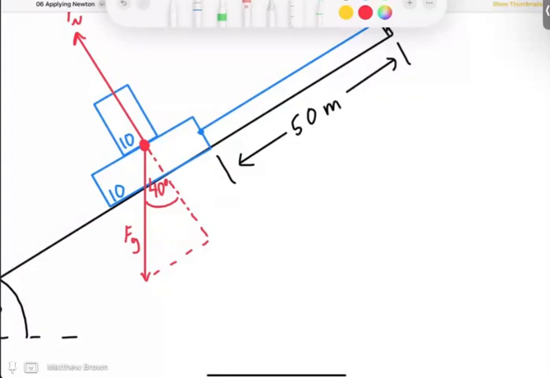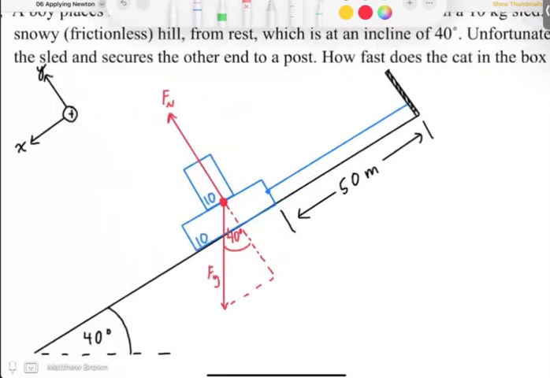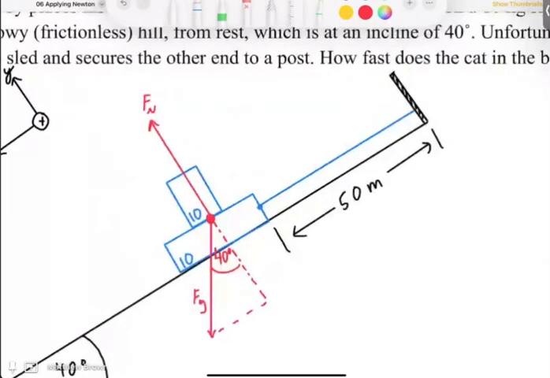So I've just sort of sketched what this situation looks like already. You'll notice that I defined my positive x as going down the hill, and my positive y as perpendicular to the hill, right? Just because I figure these numbers are going to be the easiest to work with. They'll mean I have to resolve the least amount of vectors into their components, right? Gravity is the only one that's not in one of these directions, right? So drawing this, and I've sort of drawn it at the point where the rope, and this is kind of my rope over here, above where it says the 50 meters,